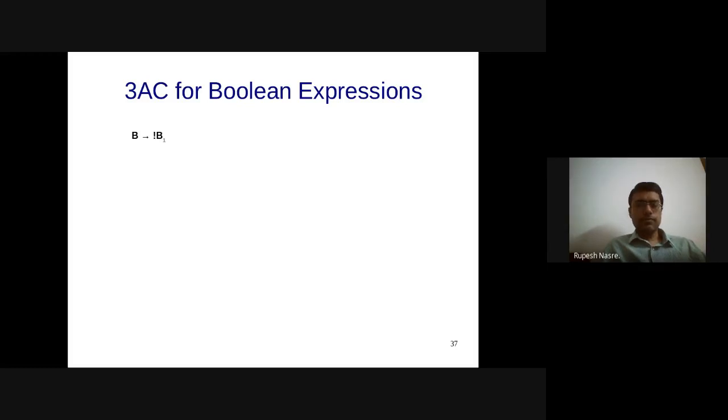Okay, so we might get tempted to think that since this is a negation, one possibility might be we can say B dot code equal to some not instruction, and that not of B1 dot code.